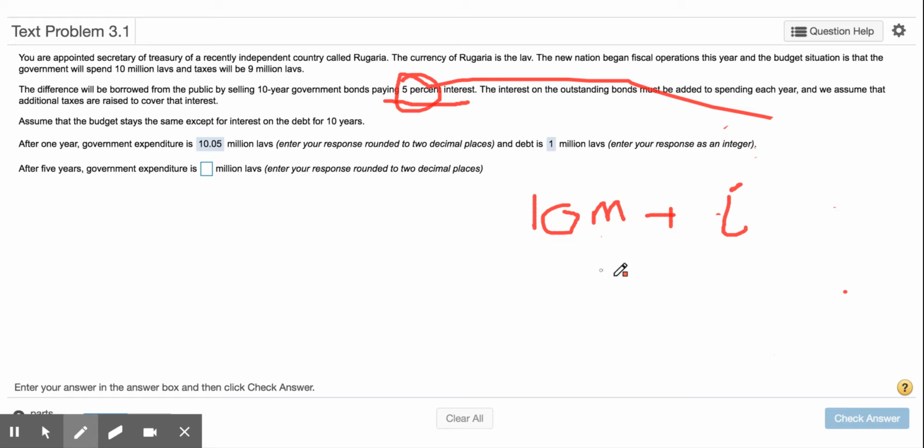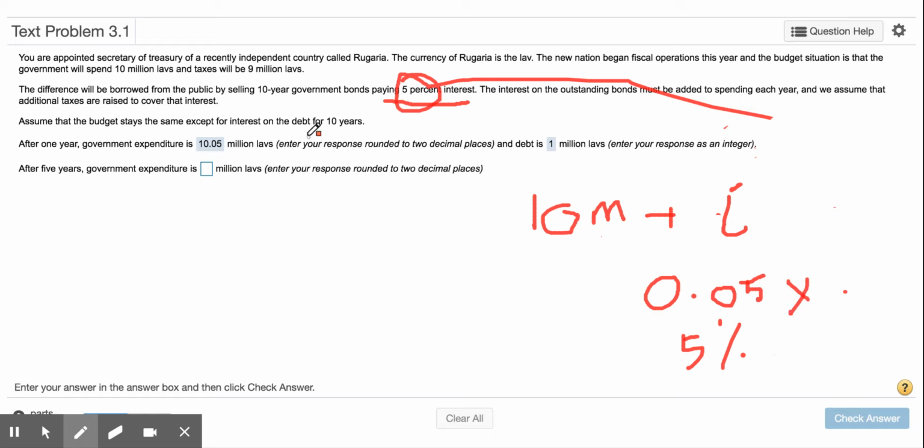How much is the interest payment? It's the interest rate, which is 5%. I'm going to write 0.05 instead of writing in percent. So this is 5%, right? Multiplied by